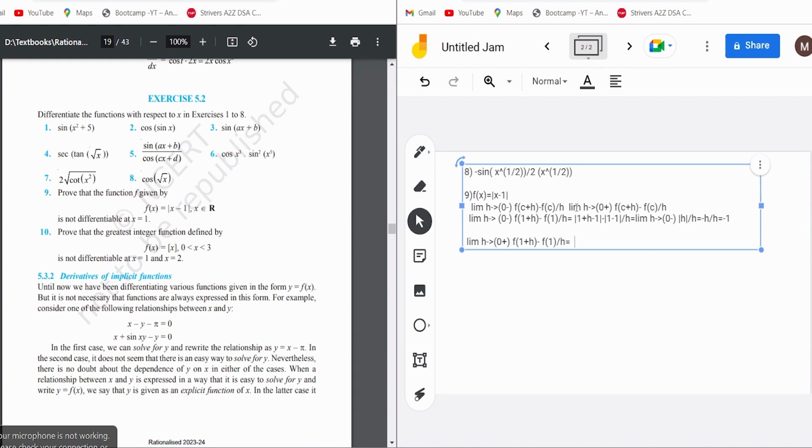So from here we can see that f of 1 plus h would remain same. 1 plus h minus 1, this thing, minus mod of 1 minus 1, whole this thing divide by h. ठीक है, सो अब अपन यहाँ पे क्या होगा, बस यहाँ पे आएगा तो वही चीज, मॉड ऑफ एच डिवाइड बाई एच। लेकिन अब इसको अपन लिमिट करेंगे तो इस केस में एच 0+ है, मतलब